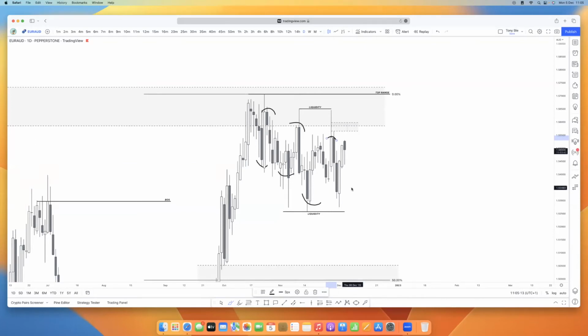Okay, so maybe it's going to go down some more. And then the weekly and the monthly, we want to see a retracement to the downside. So all of this sell, if it's going to happen on the daily, is just going to be a retracement on the weekly and monthly. But it's going to be a very, very long sell if you catch an entry on 15 minutes. That's going to be a very, very big, massive risk reward sell for you if that's going to happen. Okay. Yeah.